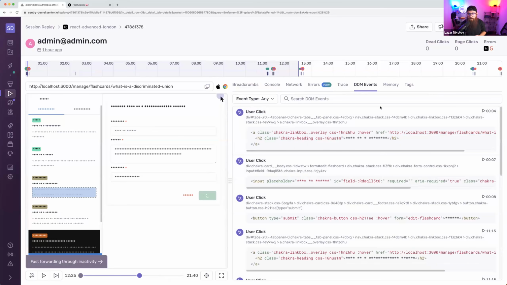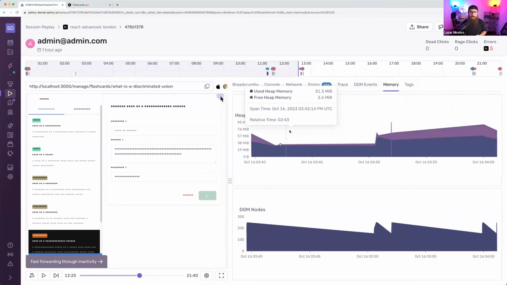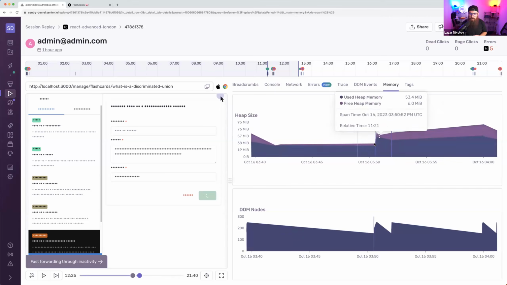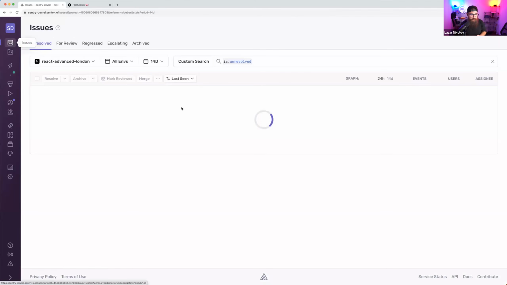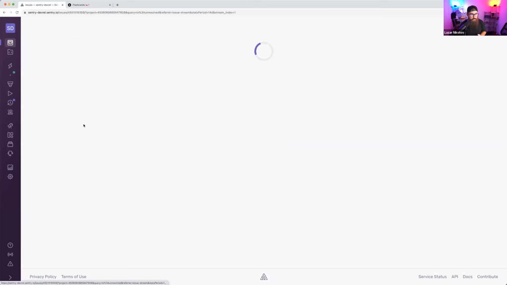So you can see for yourself a memory snapshot of the heap and the DOM nodes. Maybe it's a memory issue. There you go. You'll figure it out. And of course, tags. Any tags for this session that describe this user session. What you can also do is go to the issues, and